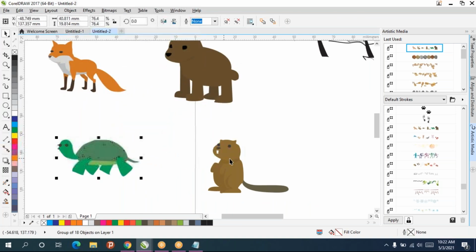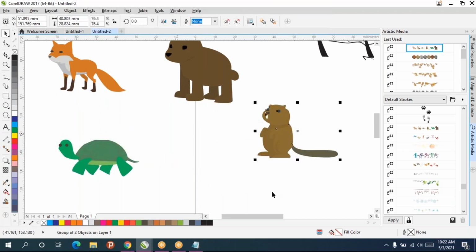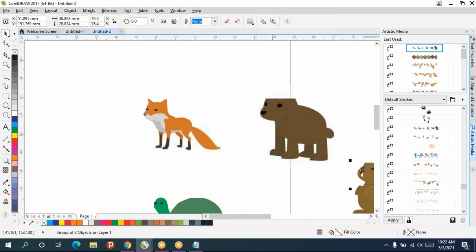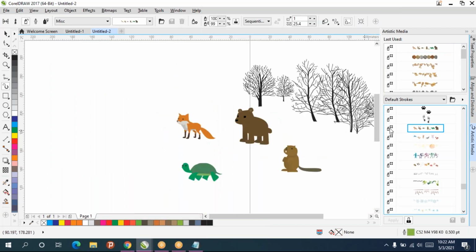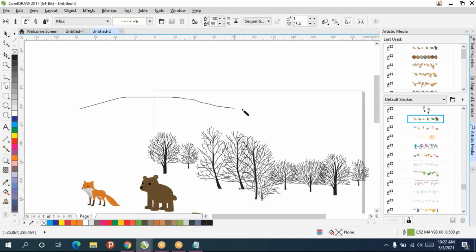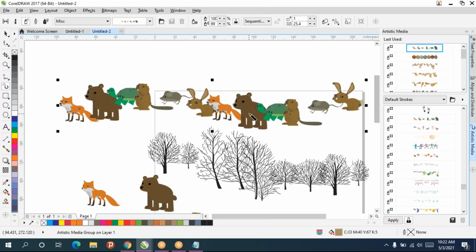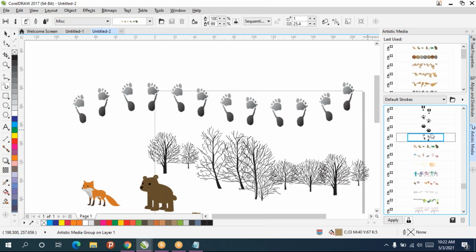So this everything is individual objects. So you're getting this kind of animals, like footprints and all, it's there.